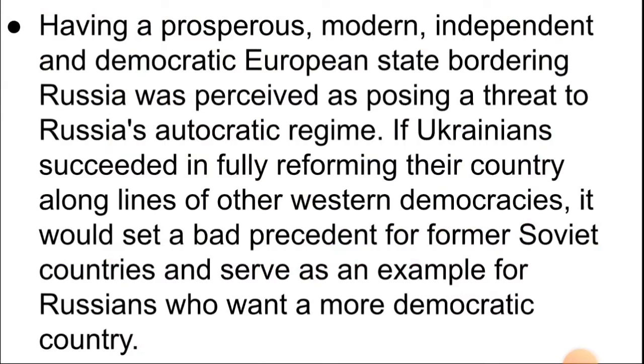And after that, Putin also didn't want a prosperous, modern, independent, and democratic European state bordering Russia, because he perceived this as posing a threat to Russia's autocratic regime. As Russia is a socialist country and everything, labor, land, capital, is controlled by the state, it is state controlled. Having a prosperous, modern, independent, and democratic European state bordering Russia was perceived as posing a threat to Russia's autocratic